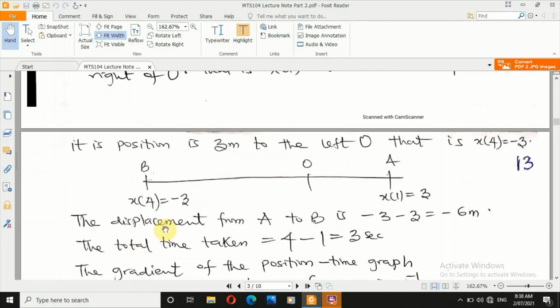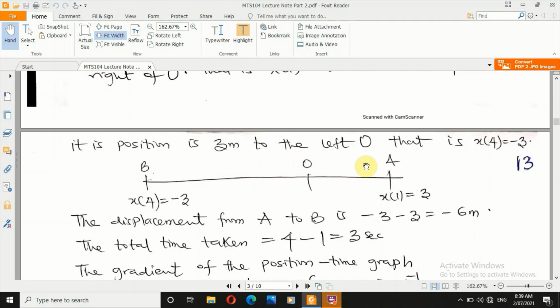The displacement will now be from A to B. You will notice that I cannot say the displacement is B to A, because I know from the statement that there is a negative displacement already. There's a negative. So the best thing is for me to capture that negative displacement. So in that case, I'm having minus 3 minus 3. That means from A to B. Now, remember that from A to B, this point here is the origin. So if this is the origin, then it's actually going to the left.